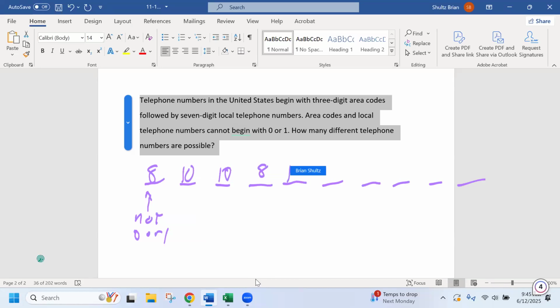After that, there are 10 ways to choose each of the remaining digits. And the fundamental counting principle says that I'm going to do 8 times 8, or 8 to the second, times 10 to the 8th power. If I grab my calculator,